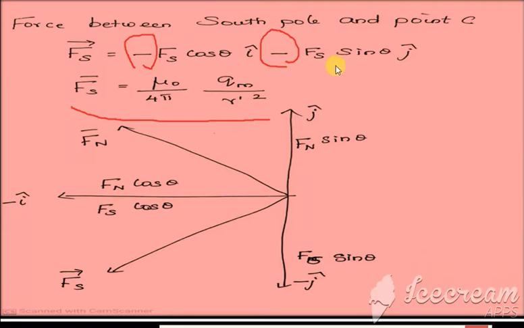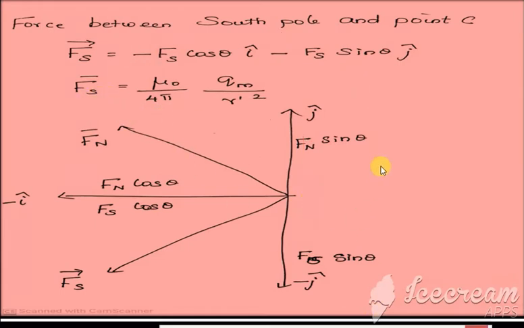So this I have just represented in the diagram. Okay, so along the positive direction is Fn sin theta, and same way in the negative direction is Fs sin theta, and both of these act along the minus i. Okay, so clear with this equation? So the main thing is we have to know these two equations, Fs and Fn.